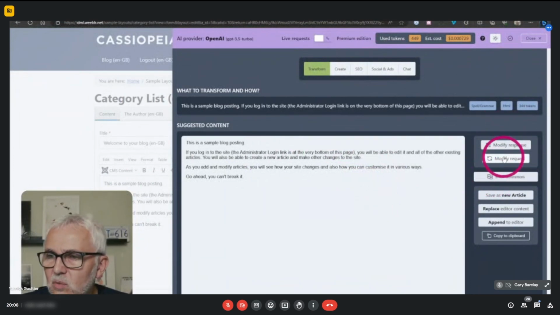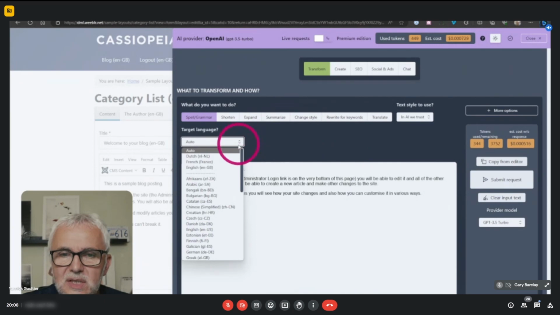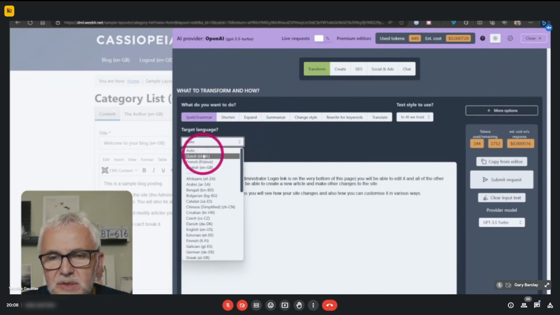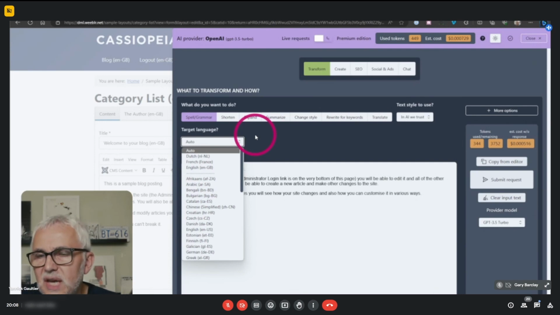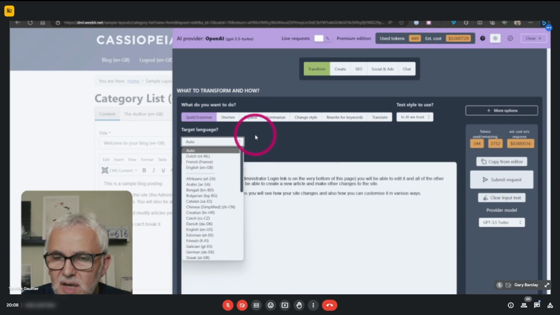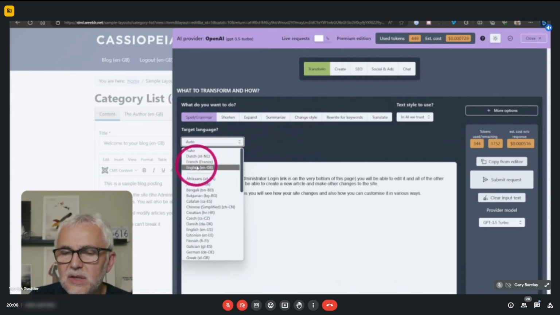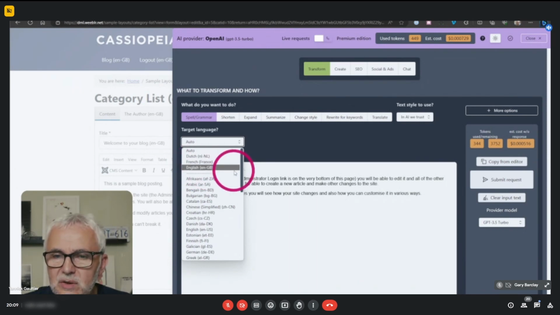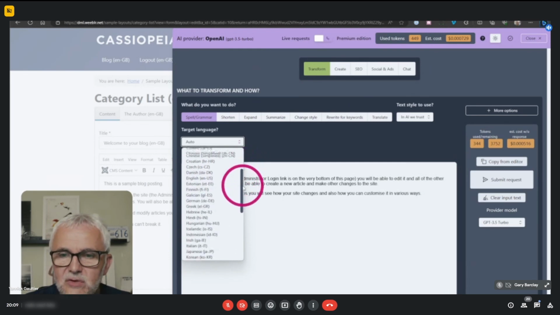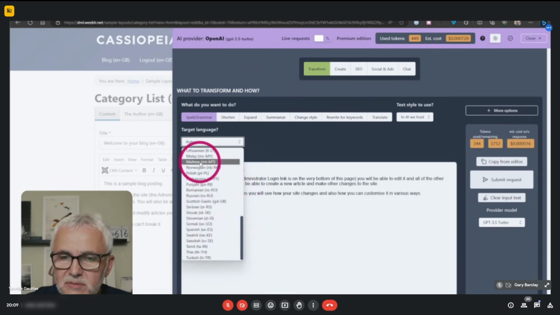So let's modify this request again. And here, indeed, you've got two sets of languages. Auto means we are not specifying. For AI is not going to specify any language when talking to ChatGPT. ChatGPT is going to decide for itself. Then you have here the three languages that are installed on the website, because this is a multilingual website with three languages: British English, French from France, and Dutch. So you can force it to use one or the other languages. And then you've got a list of other languages that you can work with.